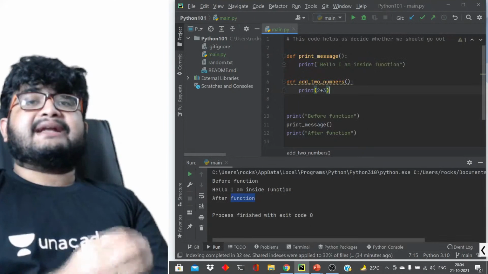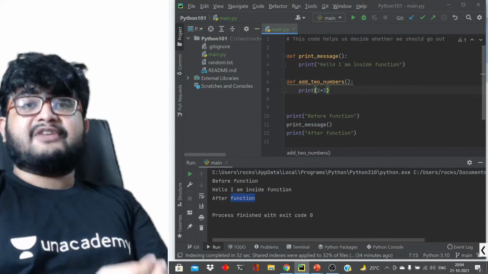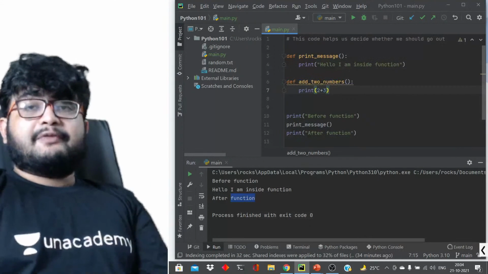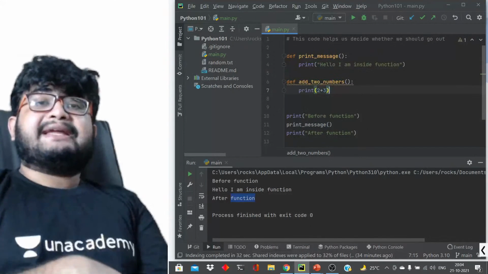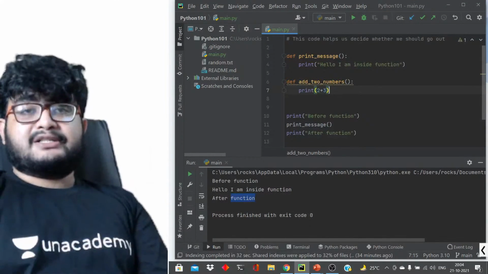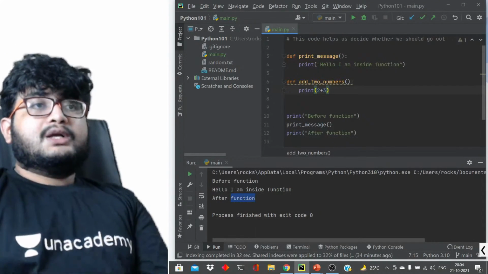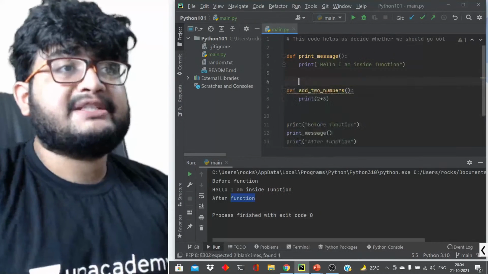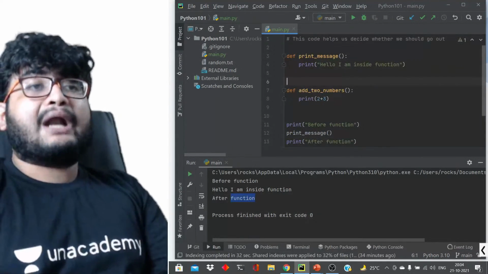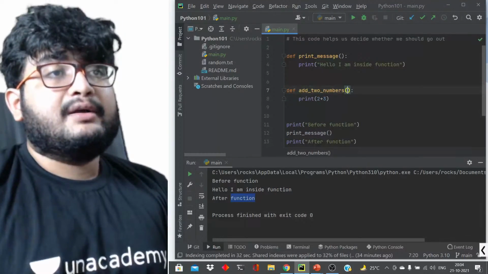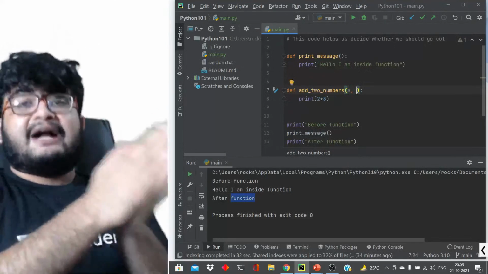We want to pass the data, that is the two numbers which we want to add, right? We should be able to pass the two numbers we want to add, and in return when we call the function, we should be getting the summation of those two numbers, the addition of those two numbers. So how to pass that information? We can pass that information using something called parameters. Now what are parameters? You specify parameters like this. These are the input that a function takes.